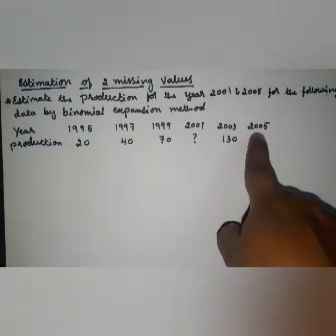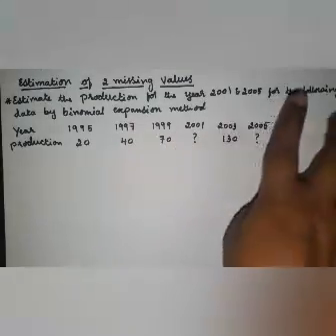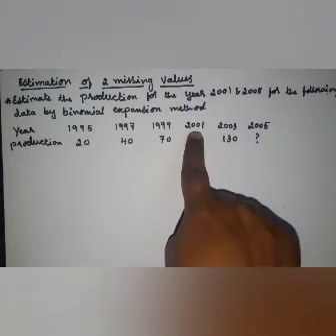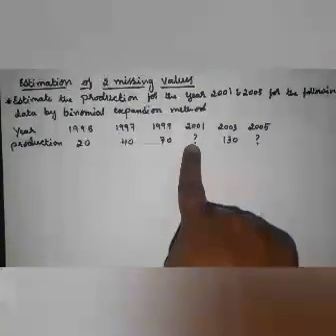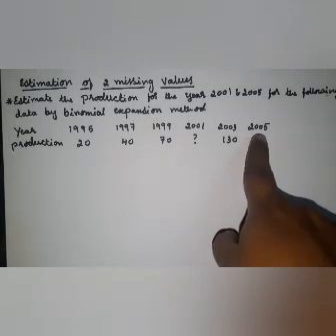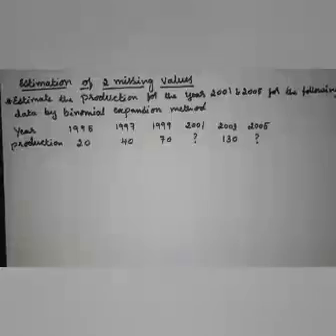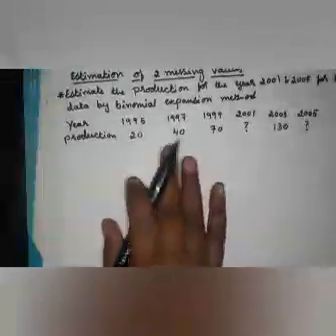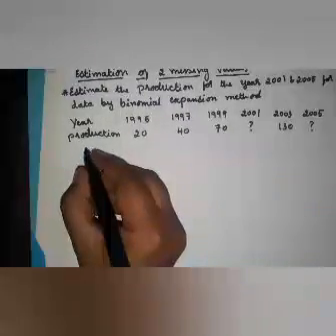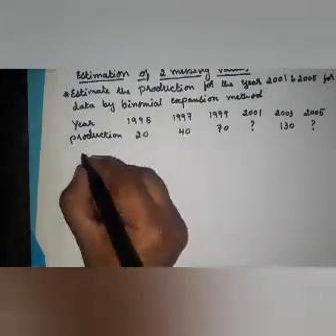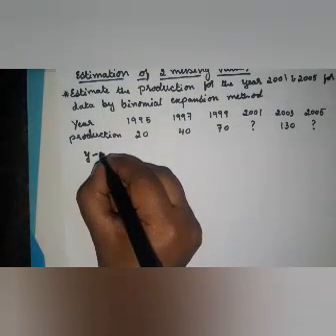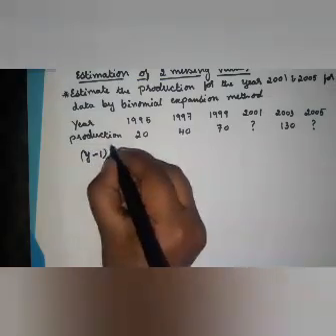When we solve this, we first solve for 2001, that is, find the production for the year 2001 first, and then we will move to the production for the year 2005. You have to put the equation, which I gave in the last class itself. In the same way, you put the equation (E minus 1) to the power of 4,